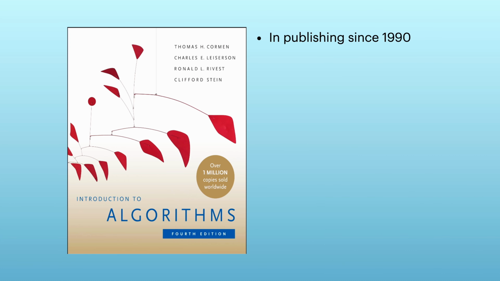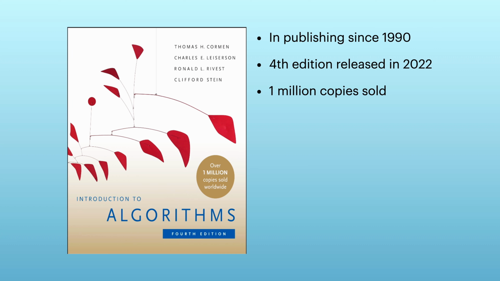This book was first published in 1990. The fourth edition of the book was published in 2022. Until 2022, in the first 20 years, the book sold 500,000 copies, and when the fourth edition became available in the market, it sold another 500,000. So far, a total of 1 million physical copies of this book have been sold. By looking at the numbers alone, you can understand how significant this book is, and how highly people value it. This book is actually for beginners, but it is not completely beginner friendly.